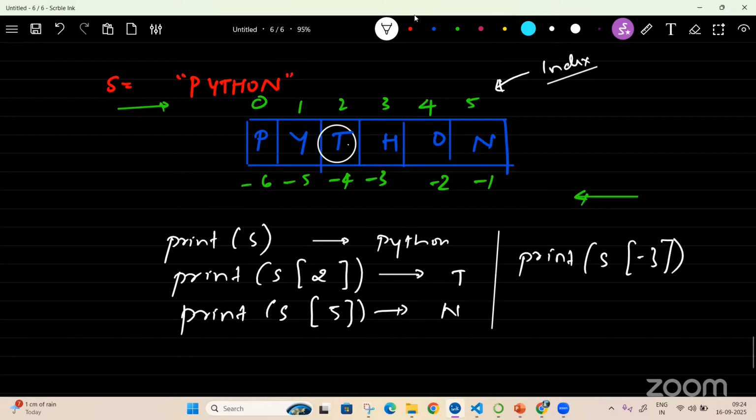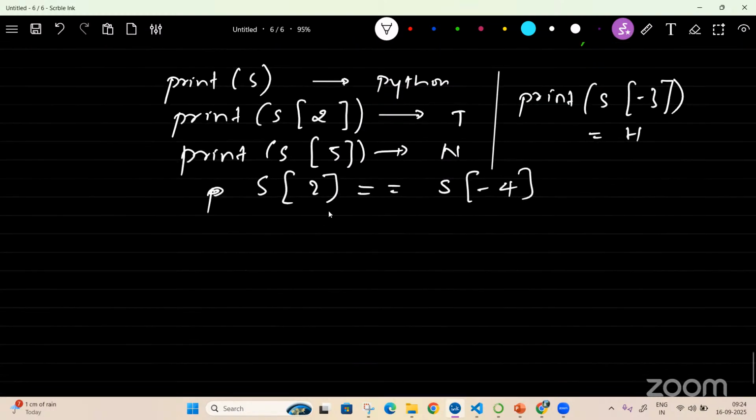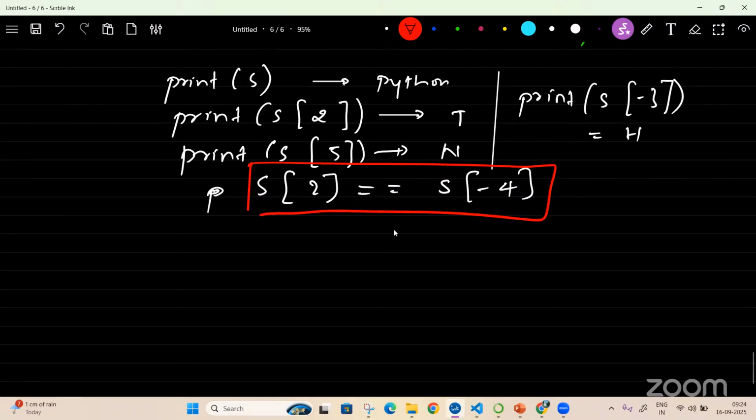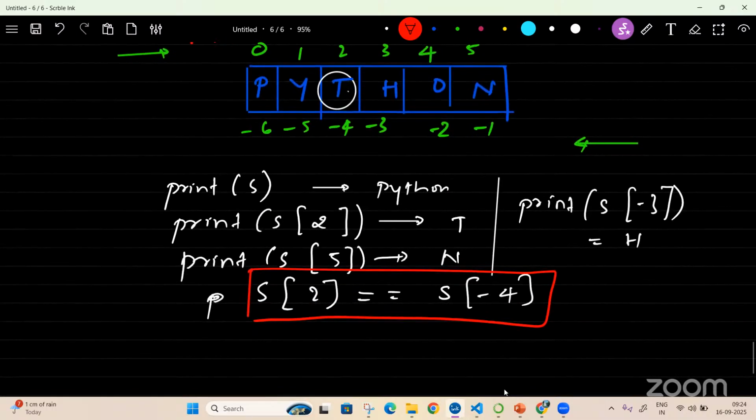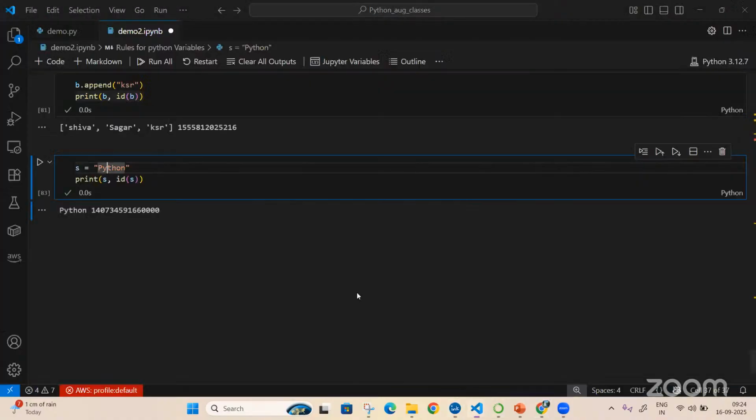H. Now, can I say s of 2 equal to s of -4? Is this correct? Yes, correct.